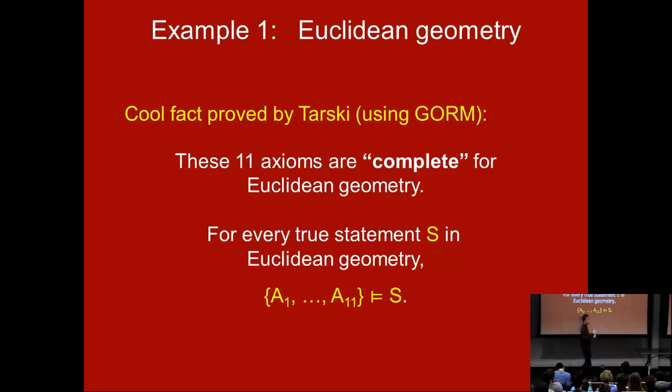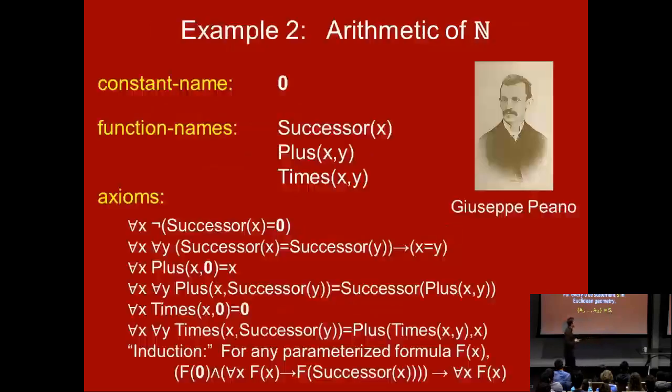So that was pretty awesome. In some sense, you kind of completely, 100% rigorously formalized high school geometry. Okay, here's another example that people worked on in the late 19th century: arithmetic of the natural numbers, 0, 1,